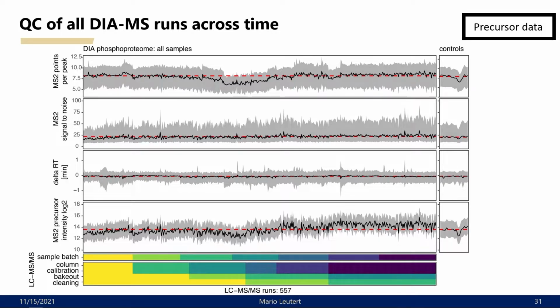And then down here, we track the different LC-MS parameters, for example sample batch, but also whenever we have to change the analytical column and calibration, and also bake out and even cleaning cycles on the mass spec itself. That really helped us weed out samples that had, for example, bad chromatography, which we didn't catch immediately. And you can do really long-term QC, and you see, for example, here we